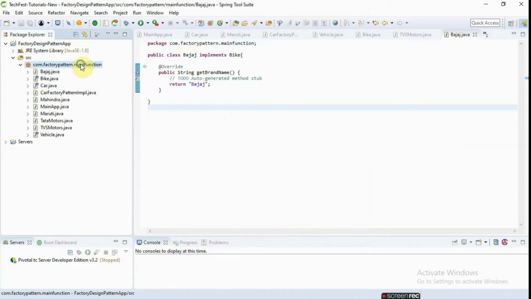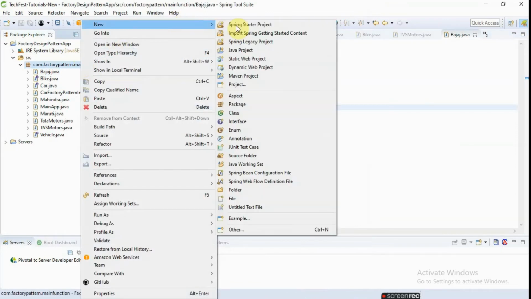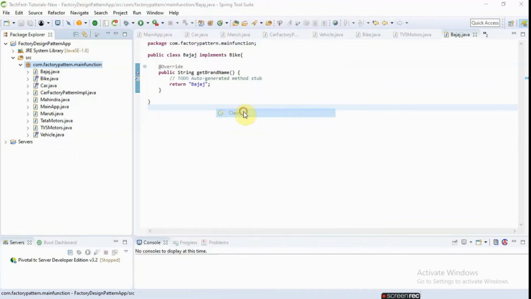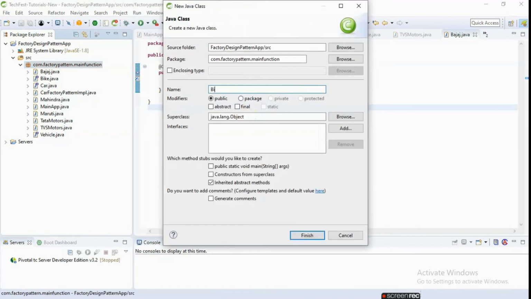Now for these classes we need to create a factory class, so we are creating bike factory IMPL.